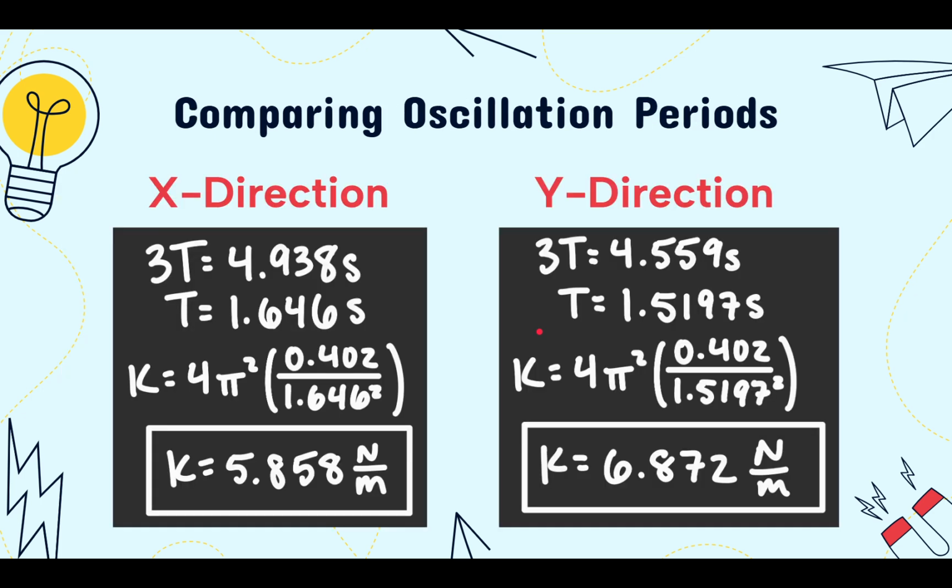I also compared oscillation periods in the x and y directions by averaging three consecutive periods for each. Results showed deviations across different directions, therefore affecting the spring constant and overall graph, as the spring constant in the x direction is 5.858 newtons per meter, while the spring constant in the y direction is